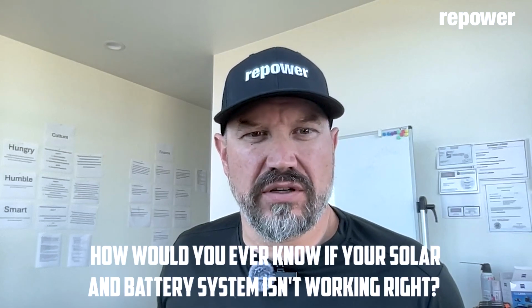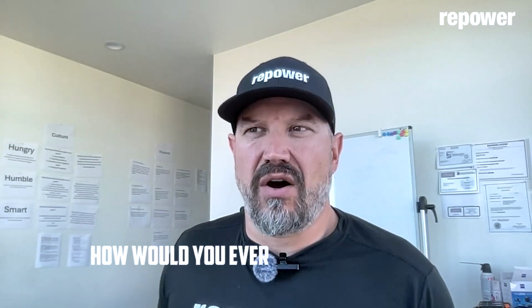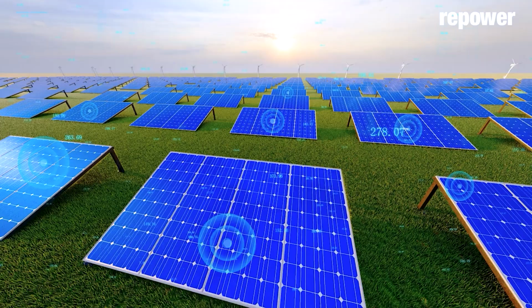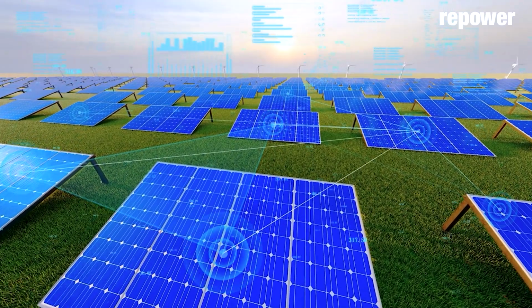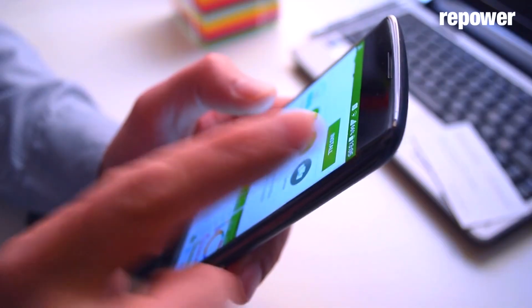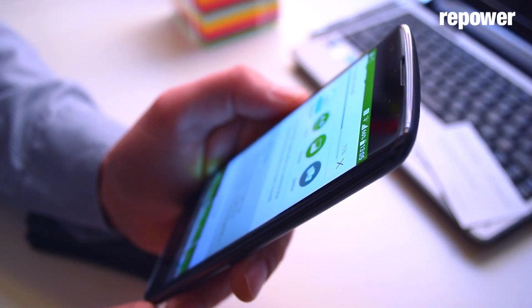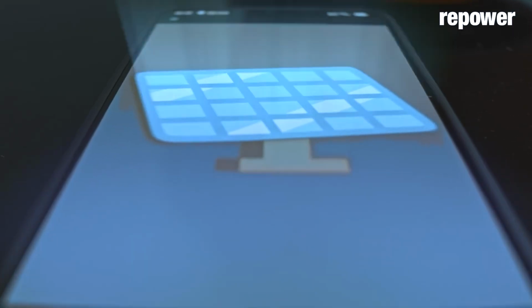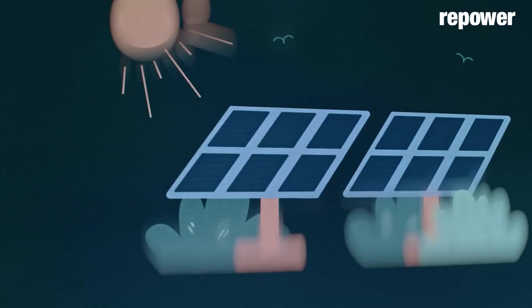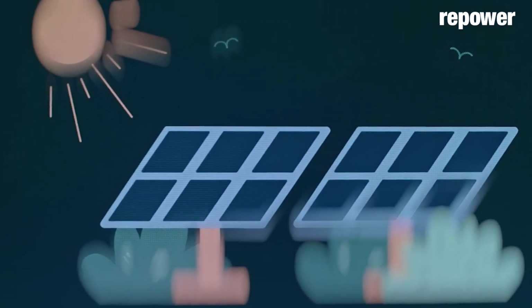How would you ever know if your solar and battery system isn't working right? All modern solar systems have an app or a website, at least, to help you monitor production, look for errors, and honestly, just have a lot of fun. If you're not looking at a great mobile app, you could be really disappointed with your solar system because it's really the window into that production. If you don't understand how your solar is producing, you could be missing out on a ton of fun and